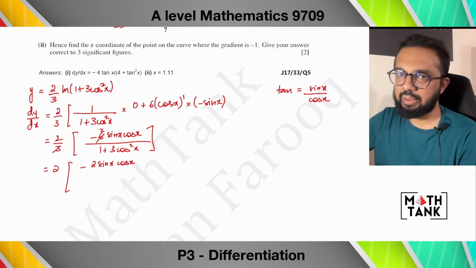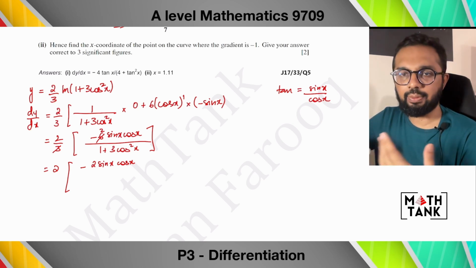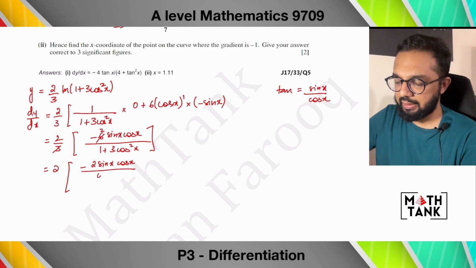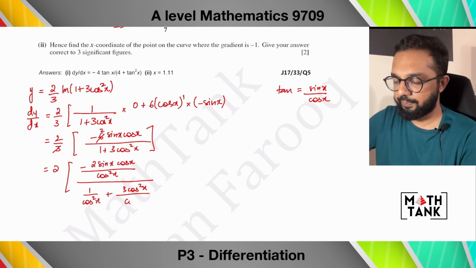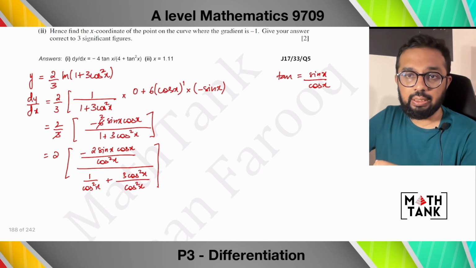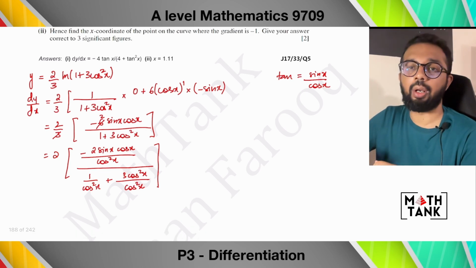Whenever you have to convert something in sine into tan, remember that you have to divide everything by cos x or cos square x or cos 2x depending on what situation you are in. Here what strikes me is that I could divide this entire numerator by cos square x, and I could also divide the entire denominator by cos square x. So that keeps the balance in the expression. I've not distorted the balance. I've done the same thing in the numerator and in the denominator.